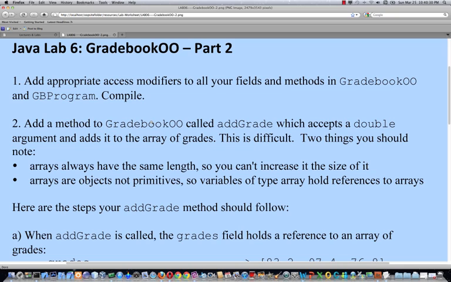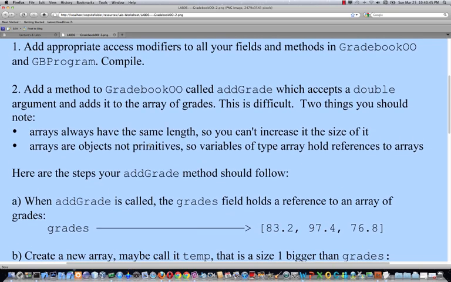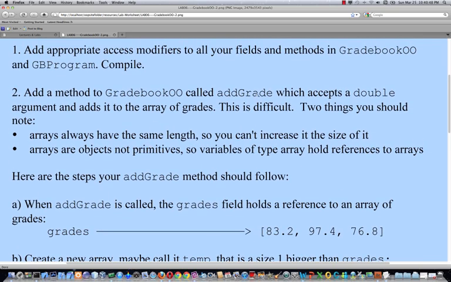ሁለተኛው ጥያቄ ላይ የሚጠይቀው add a method to gradebook O called add grade which accepts a single double argument, and adds it to the array of grades ይላል። This looks difficult but actually it's doable. ይህን ለማድረግ የአሬዎችን ባህሪ ማወቅ ያስፈልጋል።